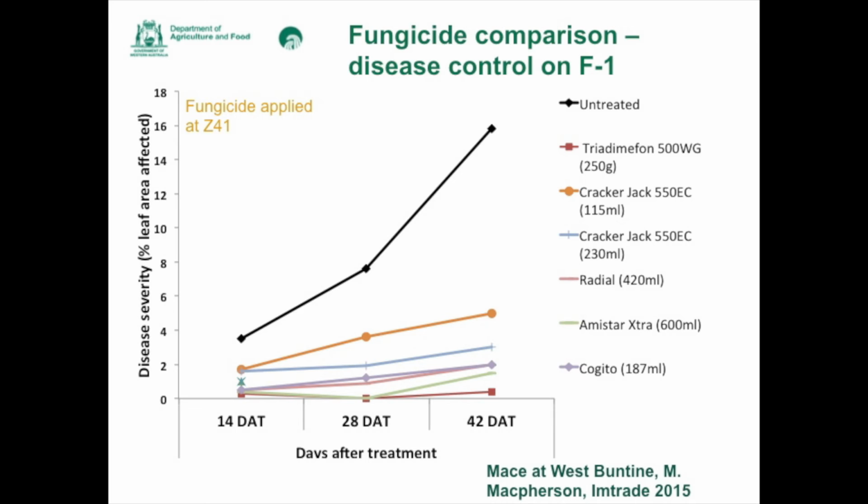So timely application is more important than fungicide choice, so that was one of the key messages we found last year. So as long as it's registered, then it should give a good response. It's important to remind you that leaves or heads that are not emerged at the time of fungicide application won't